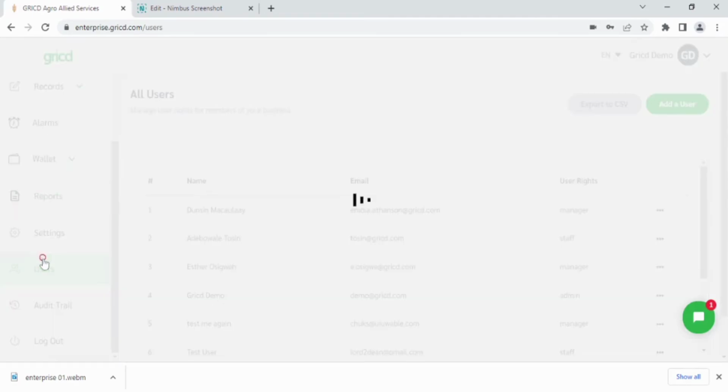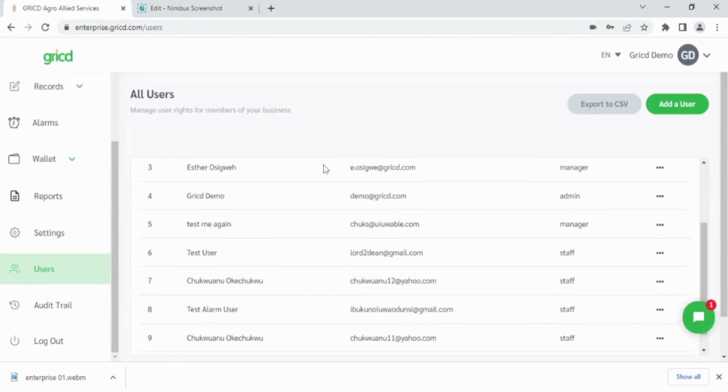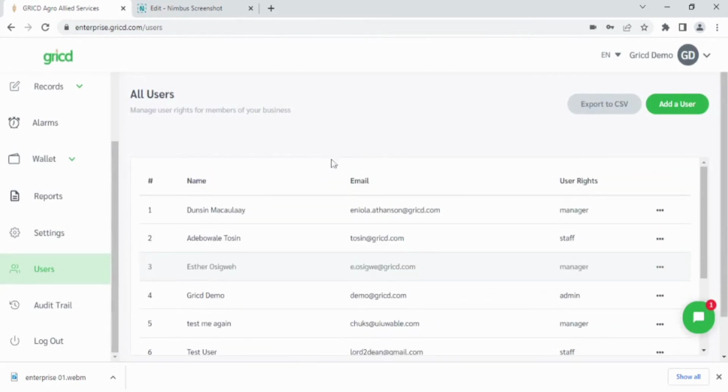Finally, the users feature would allow you to add multiple users. You can have as many users as you want, and then you get to assign user rights to them. There are three different user rights on the enterprise application. One of them is the admin,